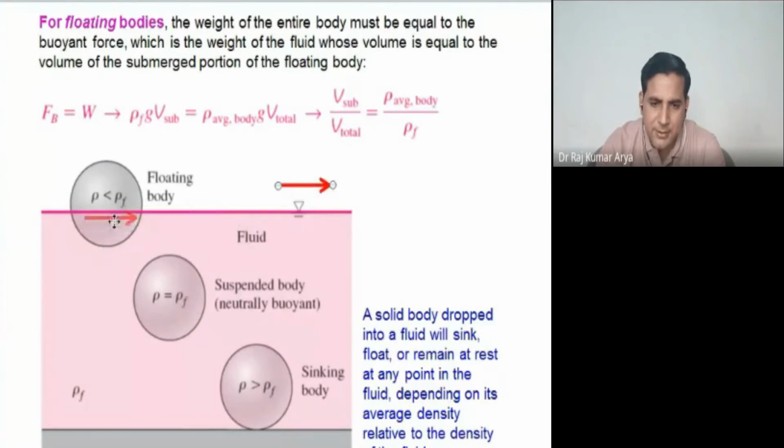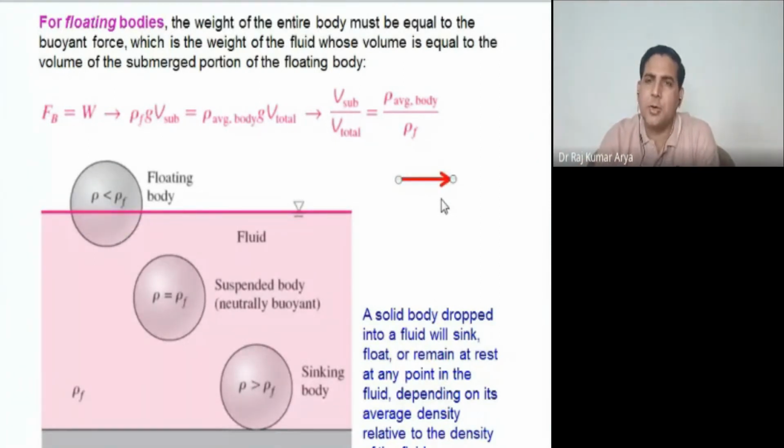You are interested only in this much volume here. How much percentage would sink? This would be calculated from here only. Theoretical calculation, you don't need any practical for that. So this will calculate how I should design my ship or anything which needs to be put in water or fluid. This would help me to design it properly, correct? Because I want a particular portion to be submerged or sometimes completely up, so that way I can control and design the shape.